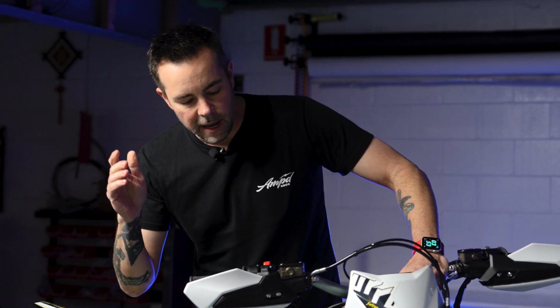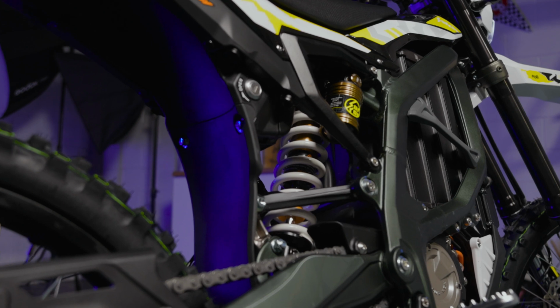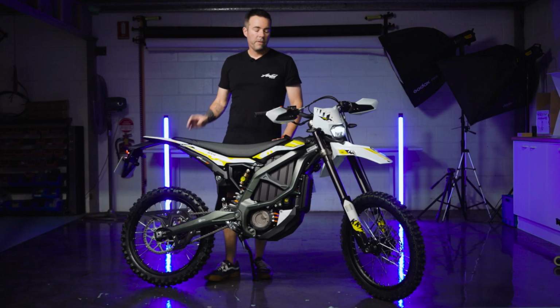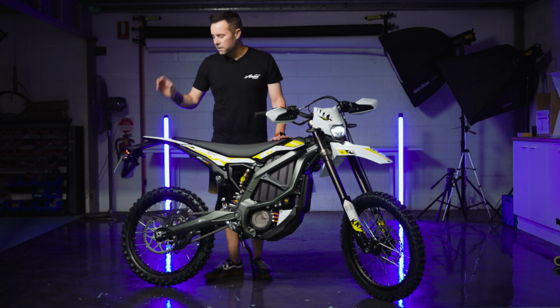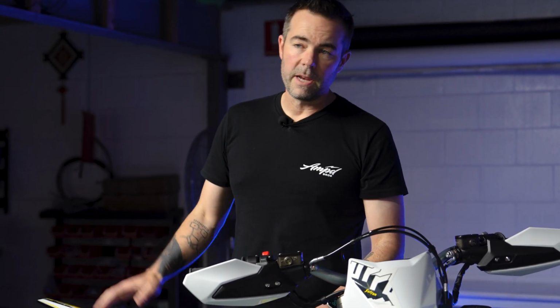When it comes to suspension, this bike has KKE forks in the front as well as a KKE shock in the rear. Both the front and the rear feature 240 millimeters of travel. Now, in the front and the rear, the wheel sizes are both 19s, but your rear wheel is slightly wider, so that also allows it to run a chunkier tire on the back wheel. But we've also got various sizes of upgrade aftermarket wheel sets coming for the Ultra B, so keep your eyes